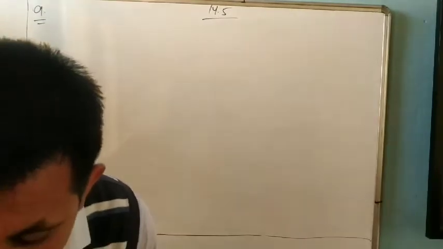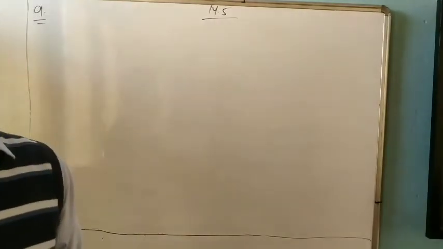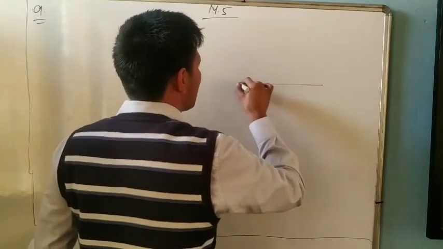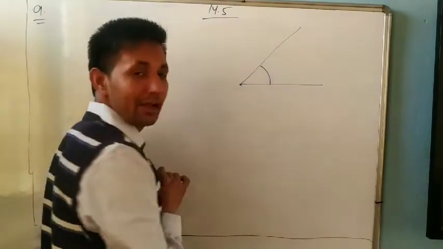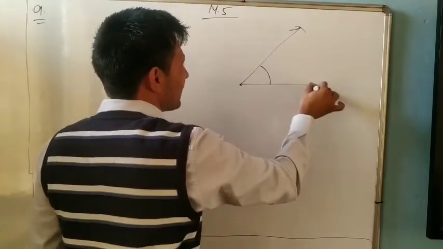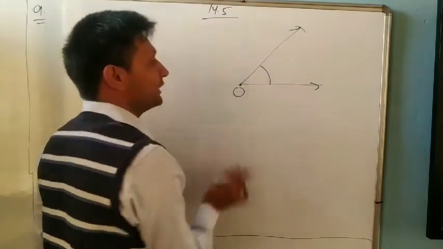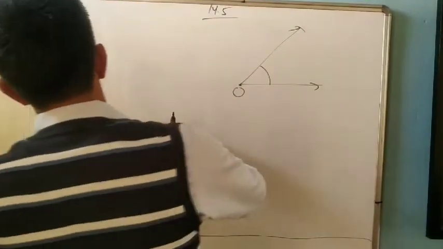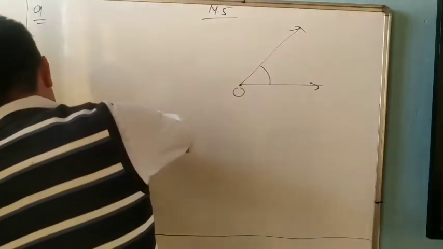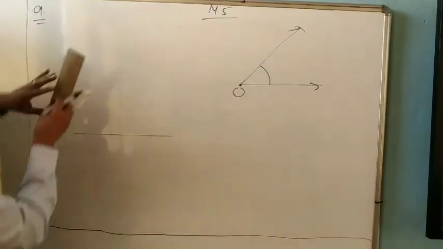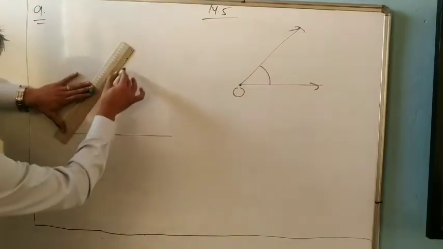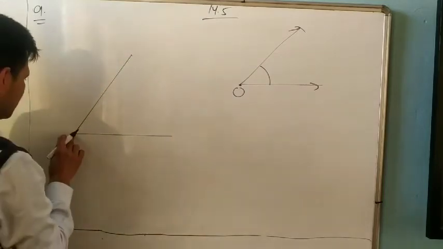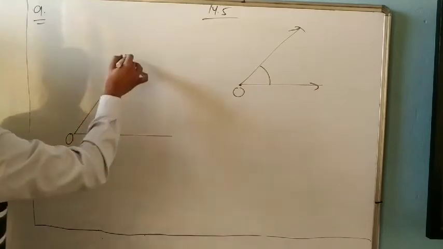Okay. Next is draw any angle with vertex O. So vertex means, everyone knows what an angle is. This one is an angle, we already learned. So it is the vertex, a point O. It means the angle is made at O. So first we will make any angle with O. So you will draw like this one, and it is vertex O. Understand it?